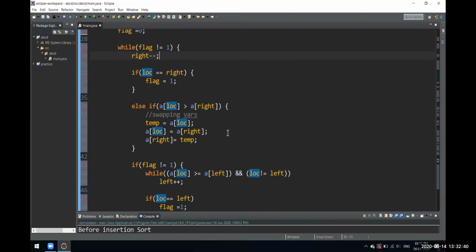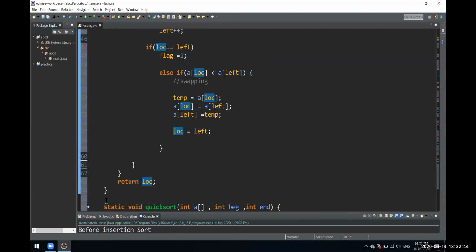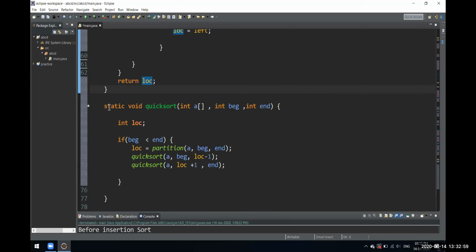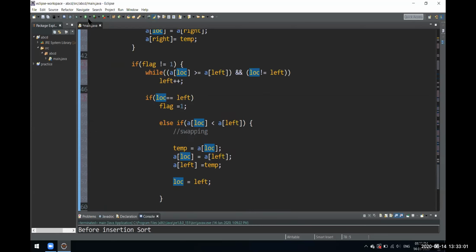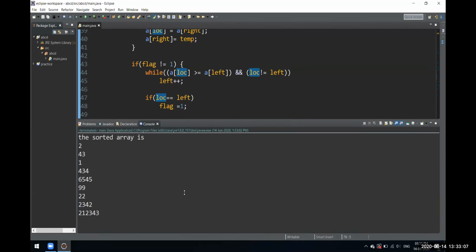So just try looking around through the whole code, because this is a little bit complex. But as I told you, this sorting algorithm is very fast, it has just a big O n log n time complexity. And we also have another method which we have to specify. See, as we can see, we are getting the sorted output.